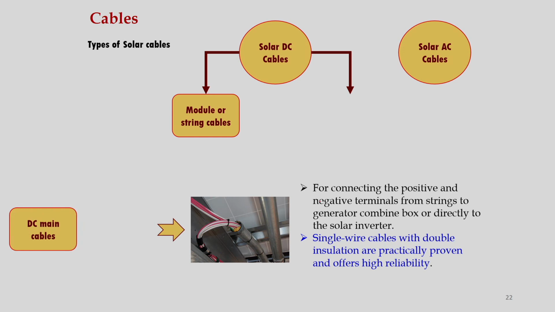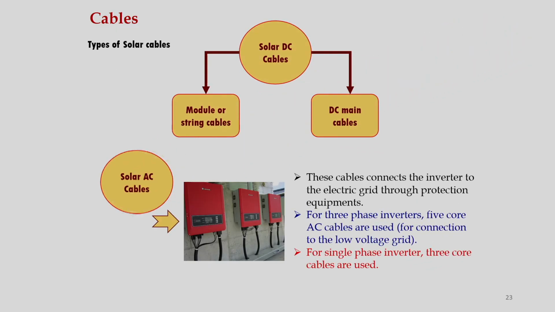These cables are used for connecting positive and negative terminals from strings to the generator combiner box or directly to the solar inverter. These single wire cables with double insulation are practically proven and offer high reliability. So, this is also a very important aspect which we need to know, and let us learn what is solar